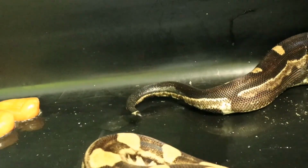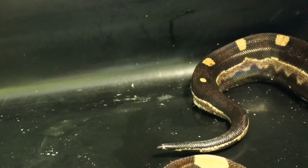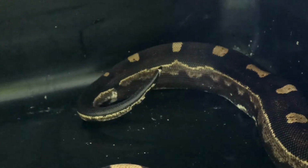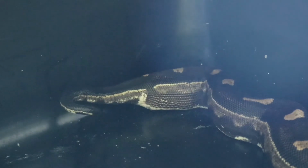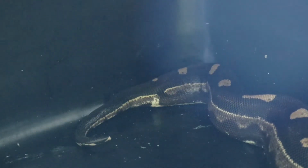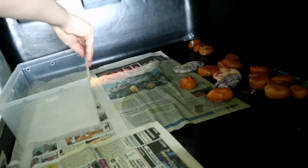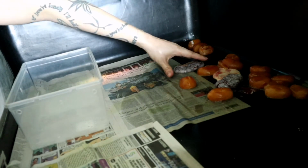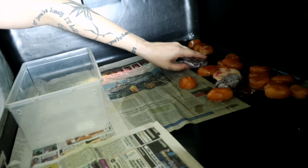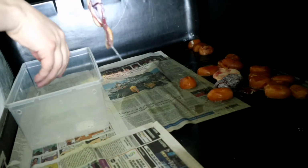And another thing that happens is infertile ovas are harder for a boa to pass than live babies, so this is a little bit harsher on Annie's body. So I had to keep an eye on her, and basically for hours she moved around. I'm going to take the babies and put them in the incubator. I wet my hands first so that I don't stick to them. As you can see, I'm trying to be super duper careful with them because who knows, maybe they'd be able to make it, but